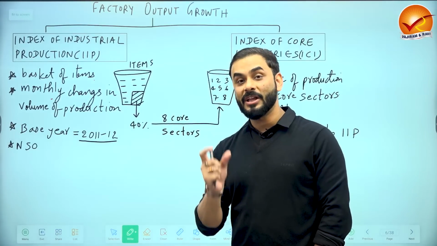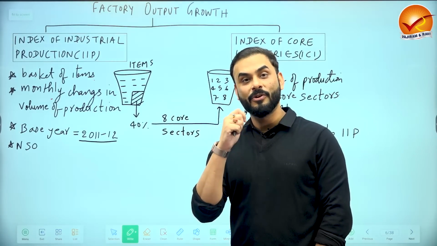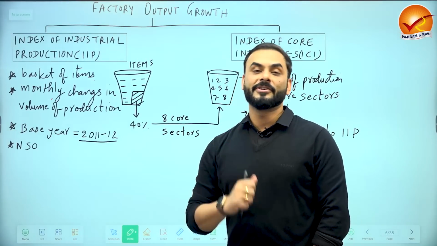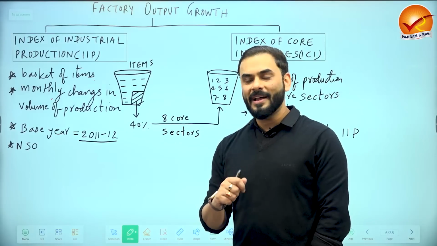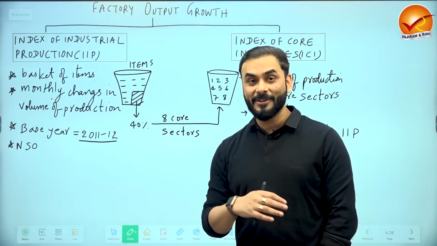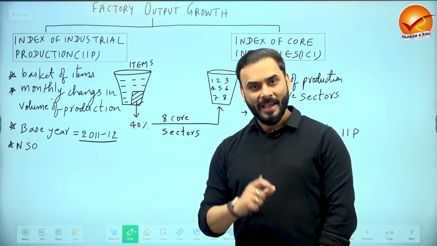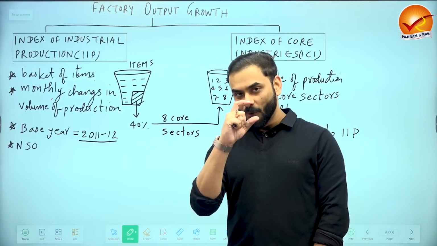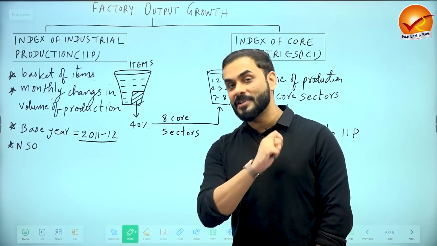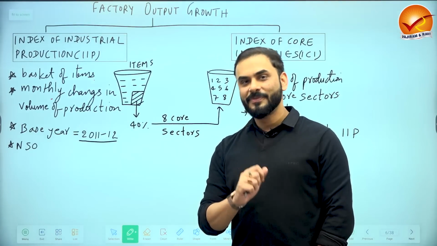Right? Now, as I told you, if you take a basket like this and if you put industrial products there, you can check the production level and it will give you a good idea on a monthly basis of what is the performance of our industries. But don't you think that doing such an exercise is a challenge because you are taking so many products from industries. Can you do it at a small level so that you can get a quick idea of how the industrial sector is doing in the economy? Yes, we can do that.